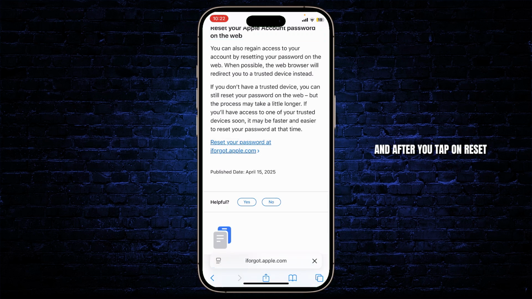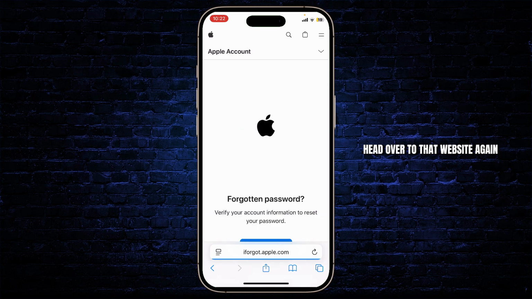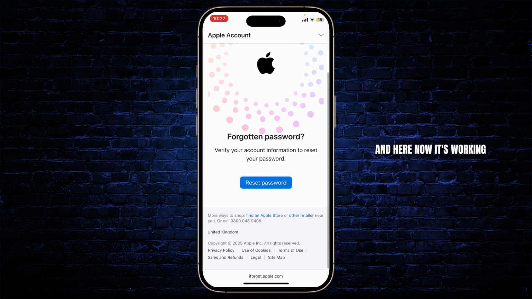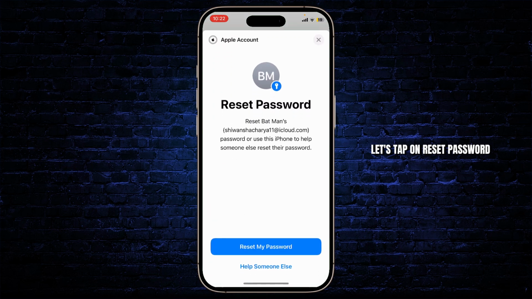And after you tap on reset from web, you will see iforgot.apple.com. Head over to that website again. And here, now it's working for some reason. Let's tap on reset password and tap on